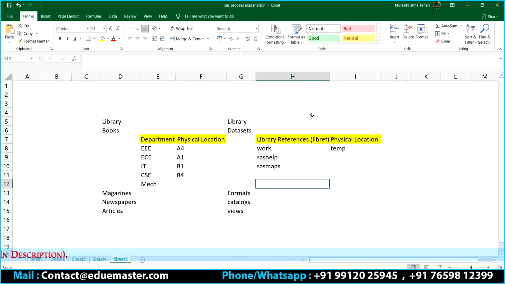Everyone is allotted some small space, guys. I forgot the name of it. Lockers. What is a locker? A locker is also part of your library only, right? This is a common place. There will be 100 lockers available, which are given to 100 students. What is going to happen? Each student has his own key to open that particular locker and keep his own belongings there. Correct? So that particular locker is only for you. You are the only one who has access to it.